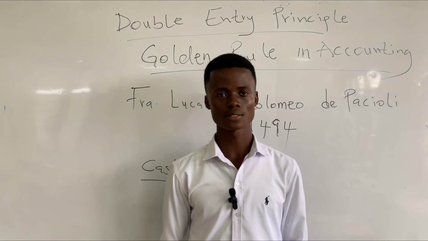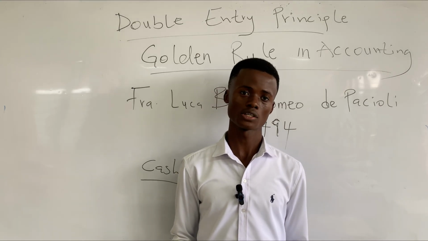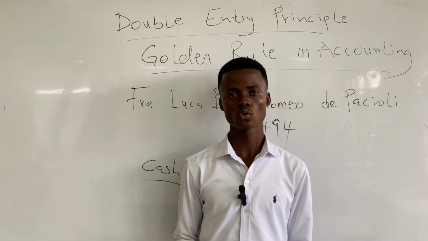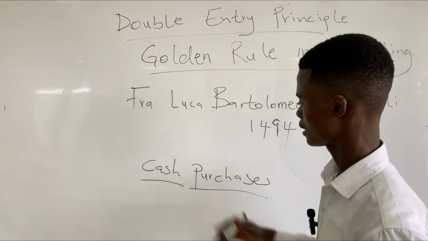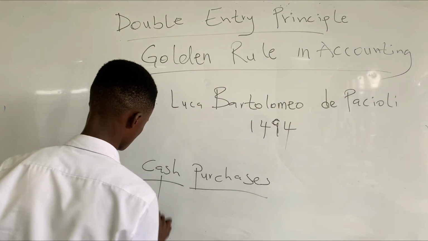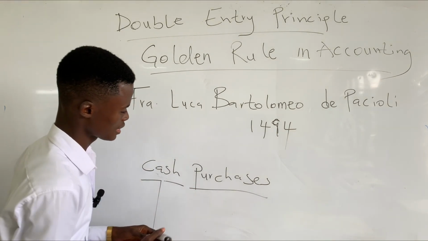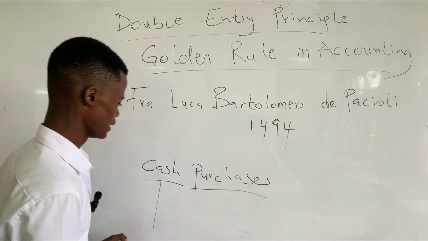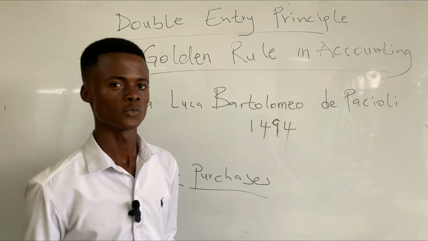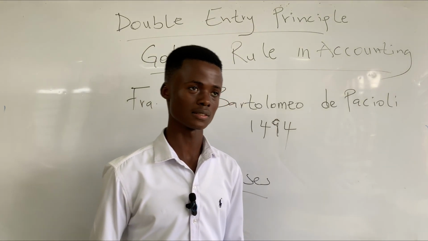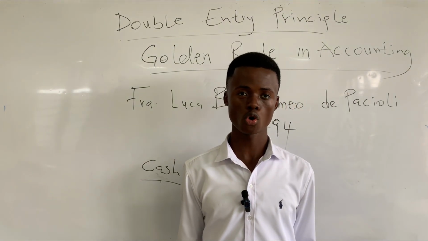It goes on to say that every debit entry should have a corresponding credit entry, and as well as every credit entry should also have a corresponding debit entry. So what it means is that in a transaction like, let's say, cash purchases, you cannot debit the cash account and at the same time debit the purchases account. Every debit entry should have a corresponding credit entry. So this is what the rule specifically states. As we said, every transaction needs to be recorded in two accounts or books.